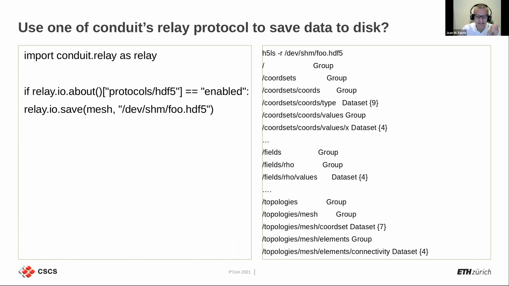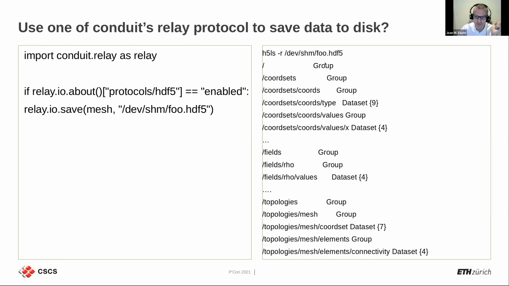So given the toy example I had here on the left side of my screen, I could very simply, in Python here, if HDF5 has been compiled into the Conduit installation, save my data to an HDF5 dataset. And those of you familiar with the HDF5 format, if you do an h5ls recursive of my dataset, I would